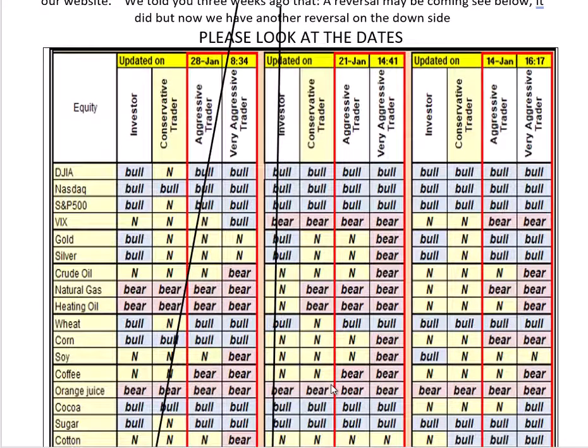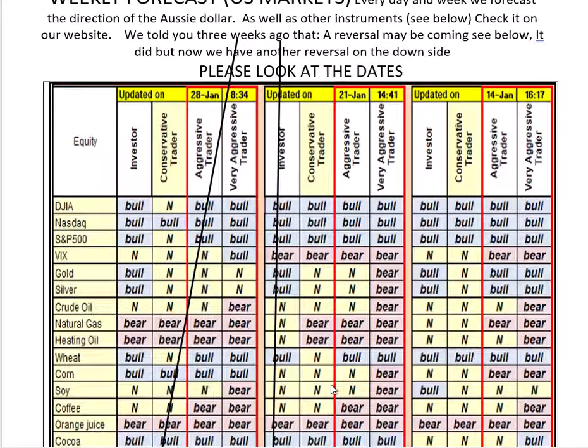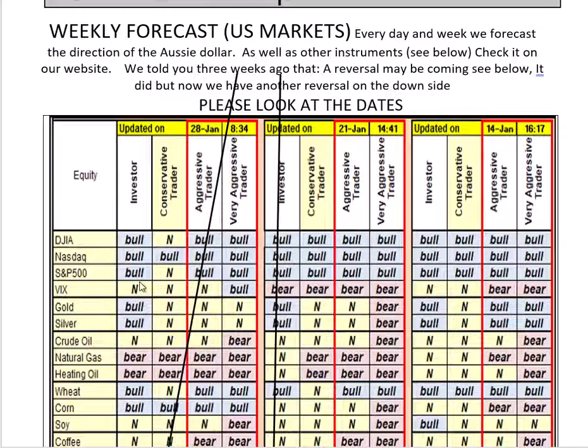We also give you our weekly mechanical system about the American market and the various commodities. Again, we show you on the weekly side what is the momentum for the investor versus the conservative trader, aggressive trader, and very aggressive trader. And we show you week after week. We tell you exactly what's happening on our recommendation mechanical system based on the indicators that we have on the